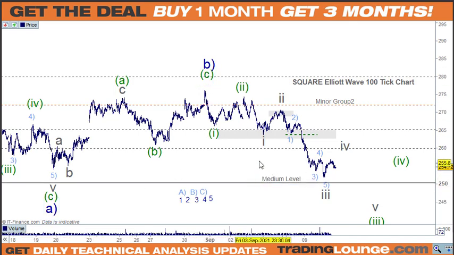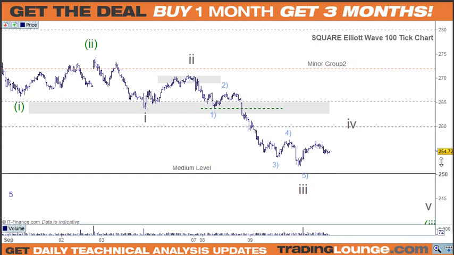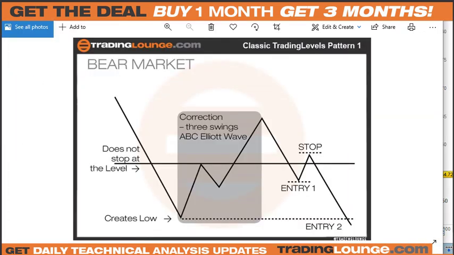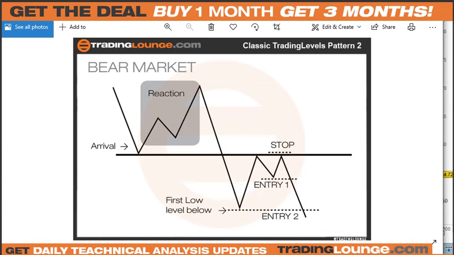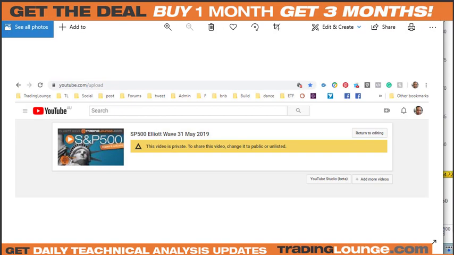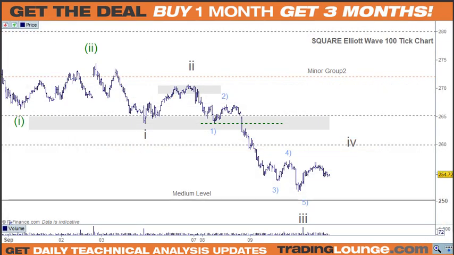So we were looking for a, let's just go to the bearish patterns while we're here. So this is the classic trading levels pattern 1 to the downside, where, no, that's not it. Marcia's got that a little bit mixed up. So graphic design error, that one. No, she's got 2 the same here. Okay, anyway, I'll get that fixed. So let me just go back. I don't know why it does that.